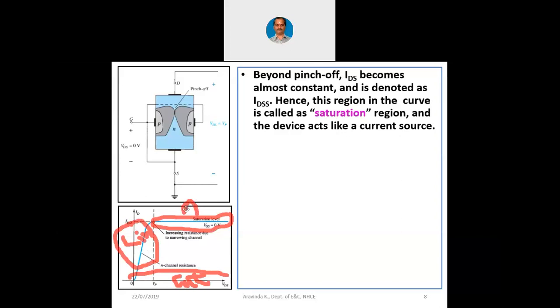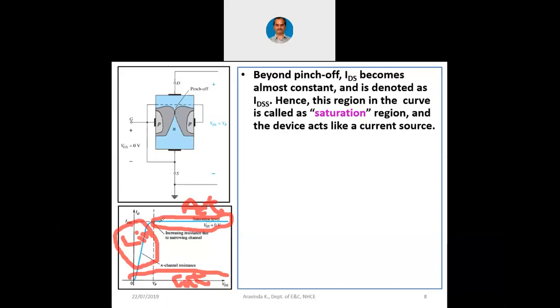Please remember this. In the active region, the switch is half on and half off. In the linear region, switch is fully on because across the switch the voltage is lesser. Across the switch, when the voltage is lesser and the current is more, then we say the switch is fully on. Now across the switch when the current is very less and the voltage is high, we say the switch is fully off. Now this is that on region and this is that off region. But in between, it is the half on region.